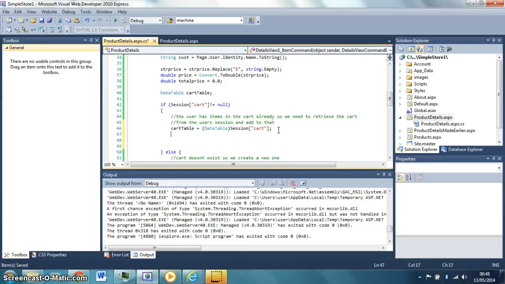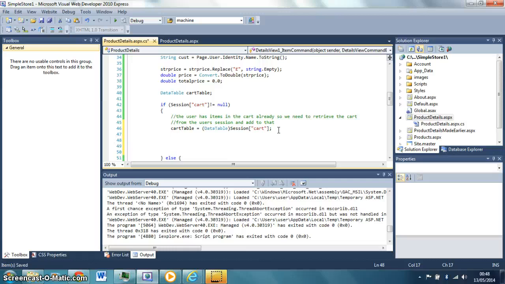So say we've got one item of product ID 3 in the cart, and then we go shopping and we click another one. We basically don't want to add a new row to the table, we just want to update the quantity. It's not very likely that this is going to happen, but it is something that we need to do. So the first thing that I'm going to do is we're basically going to use a for loop